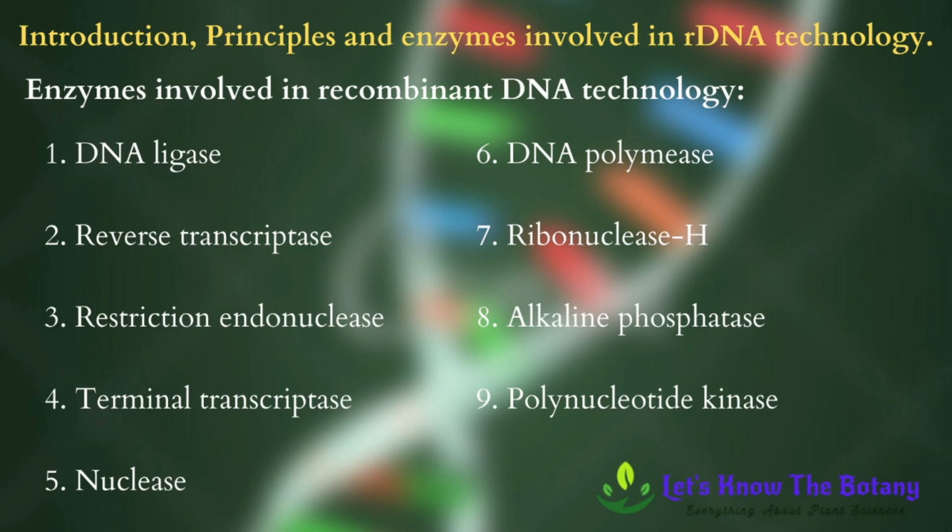The other type of restriction endonuclease, that is type 2, does not require energy, that is ATP, to cut DNA. It cuts DNA at the restriction site itself. As in type 1, 1000 base pairs are required for cutting the DNA after the restriction site, but type 2 restriction endonuclease cuts itself at the restriction site. For example, ECO-R1. This is the example of type 2 restriction endonuclease.